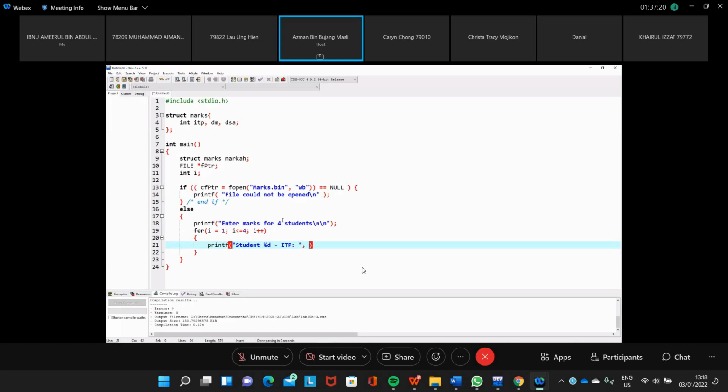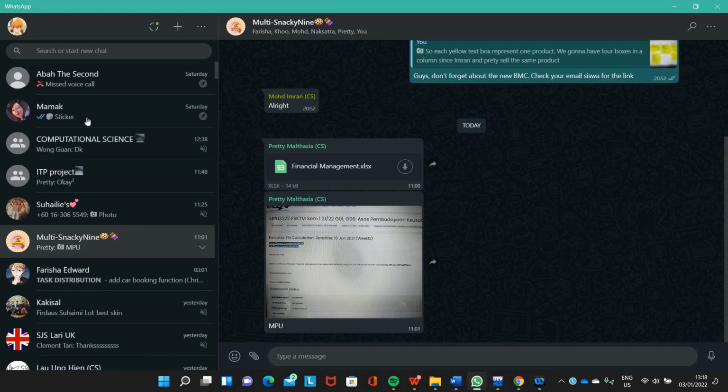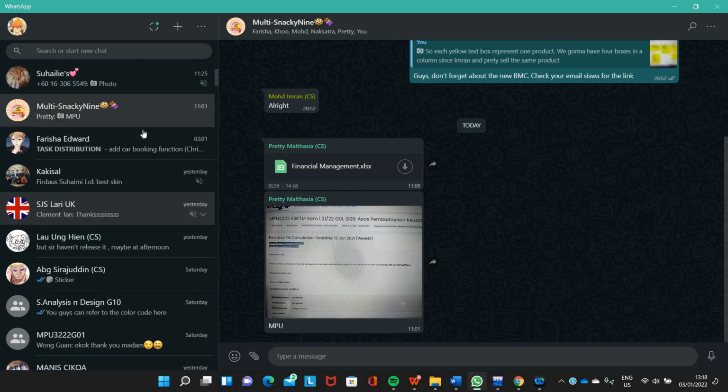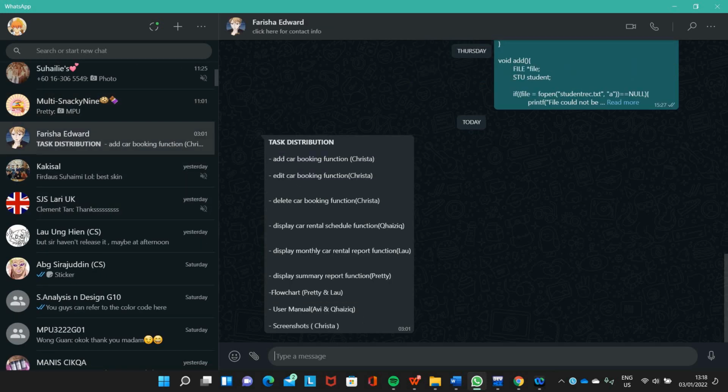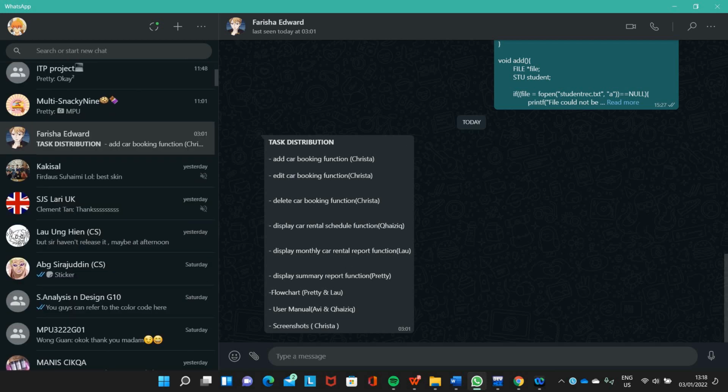Is I, and then this is scanf, the mark, which is integer, and then we put it in our markah, markah dot ITP, put it in the structure.